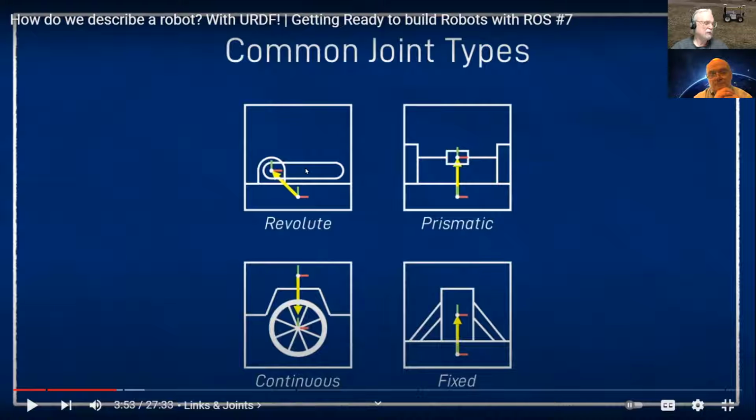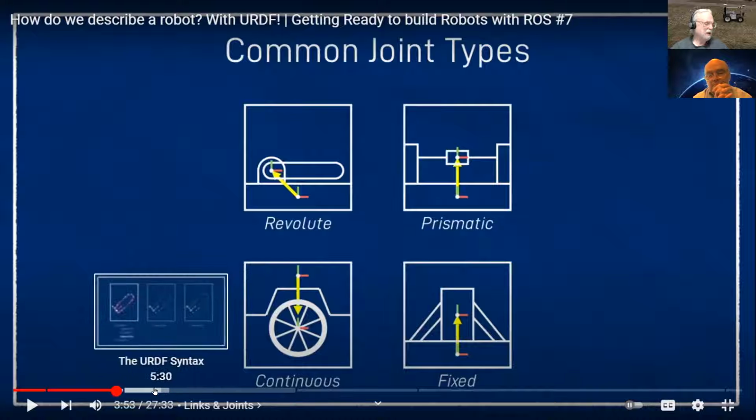And then the revolute joint is an angle. In this case, he's showing the arm here, and the revolute has a minimum angle and a maximum angle. You can define those. So it's a constrained rotary joint. And the one down here called continuous, like you'd put on a wheel, has no constraint. So it can roll continuously forward or backward as far as you want it to go. So he goes through and says these are the 4 types of joints he's going to use, and then he puts it together